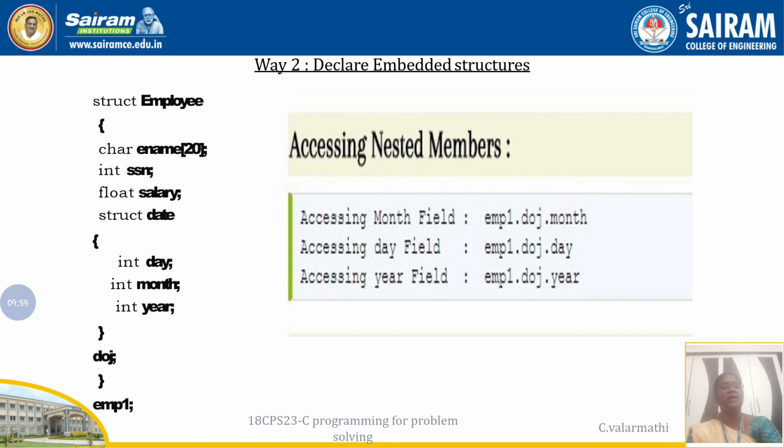So EMP1 dot DOG dot month, similarly EMP1 dot DOG dot day, similarly EMP1 dot DOG dot year are the accessing methods when you are going to nest one structure within another structure.